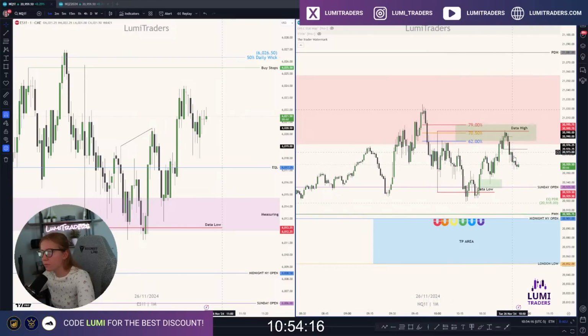So let's see. But like I can say, I never have FOMO, so I'm not going to chase anything. As I said at the beginning of the stream, I'm going to trade only A plus plus plus plus plus setup. Today I didn't see even A setup. Kind of like B plus. I don't like to trade after 11 at all. So yeah, 10:50 for me, it's already too late.